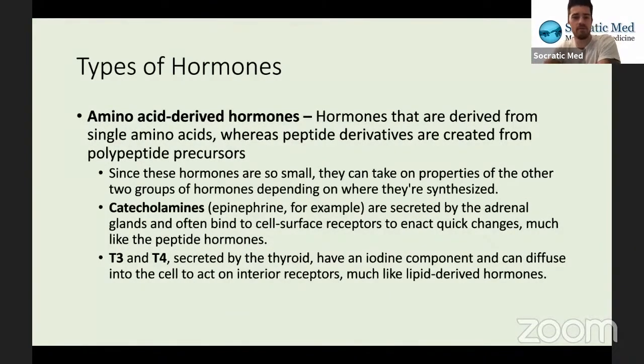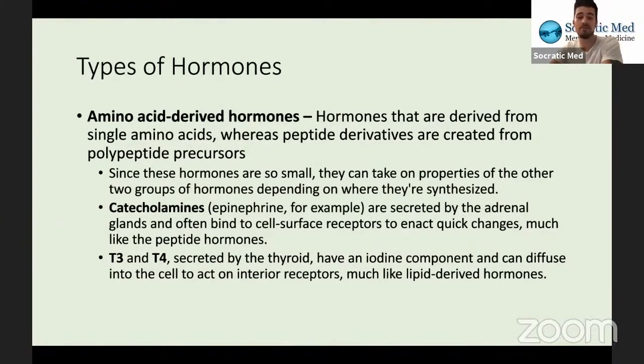And the third type that we're going to talk about are amino acid derived hormones. Those are the hormones derived from single amino acids, whereas peptide hormones are created from polypeptide precursors. So there are multiple amino acids hooked up, and those create peptide hormones, but the amino acid hormones use just singular amino acid precursors. And since the hormones are so small, they can take on properties of the other two groups of hormones, depending on where they're synthesized. So some amino acid hormones will act like peptides, and some of them will act like